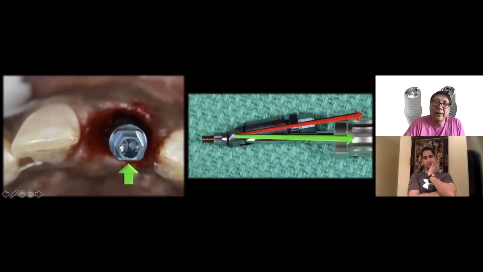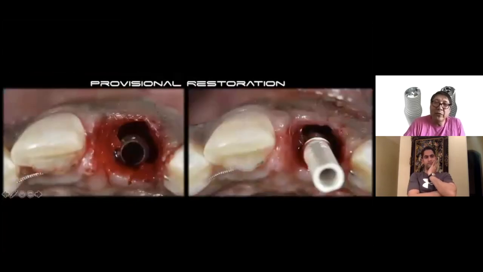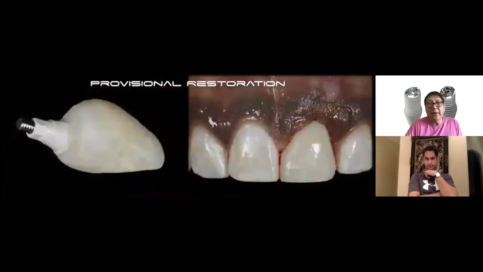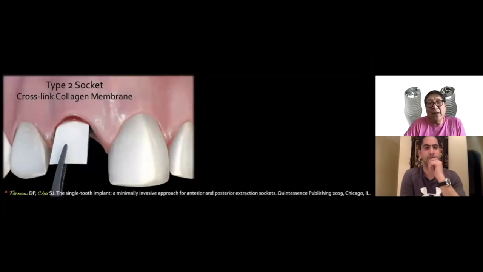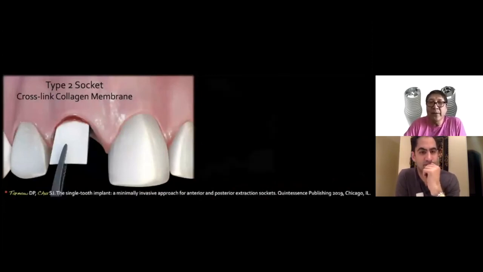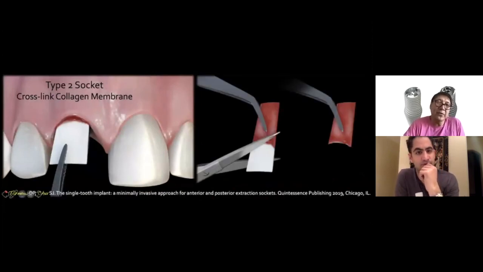They're all pre-mounted, and hence you'll have a screw retained restoration because the implant internal prosthetic component gives you the correction that you're looking for. You don't have to do cement retain. You don't have to use these ASC abutments. And all I did was jump in the old temporary back into the temp cylinder. To manage the type 2, like I said in our textbook, an interesting technique is that Dennis